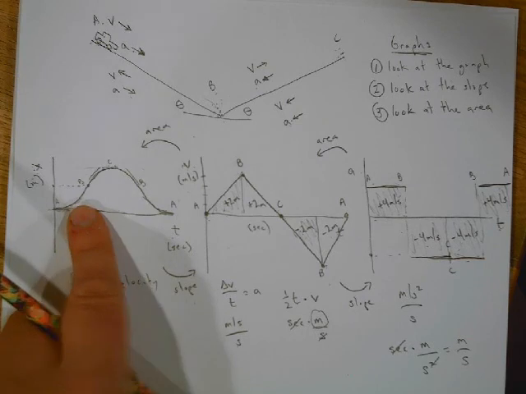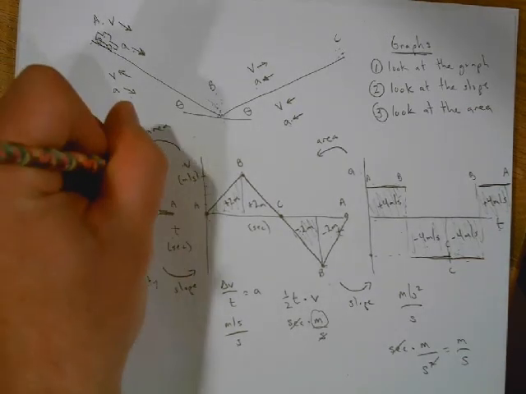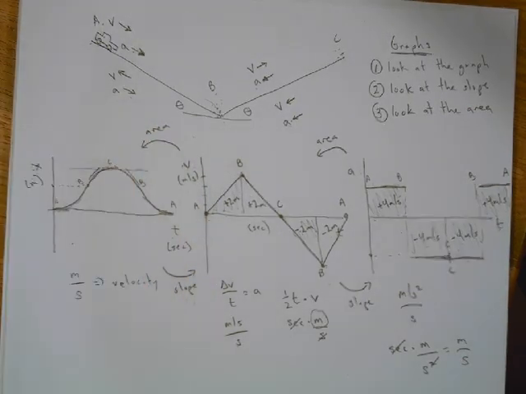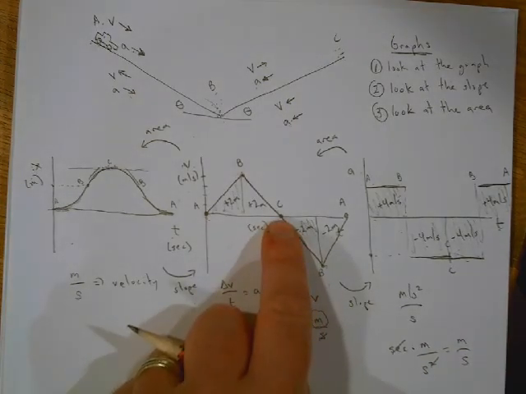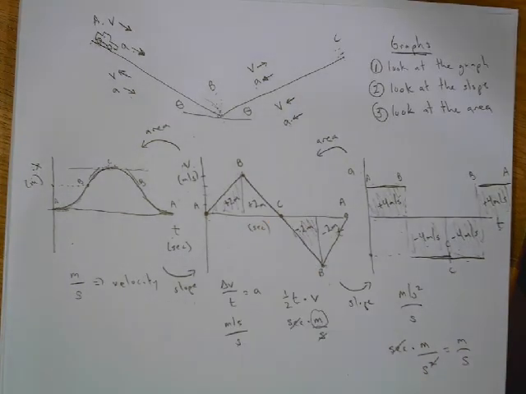Well, if you have a curve, if it's a line, just find the slope. But if it's a curve, then you would have to draw a tangent line and find the slope of that tangent line. For example, at C, that would be your tangent line. Hey, look, the slope of that is 0. Hey, look, I'm not moving at point C. Okay, so make sure that you're always thinking about this type of thing. All right,